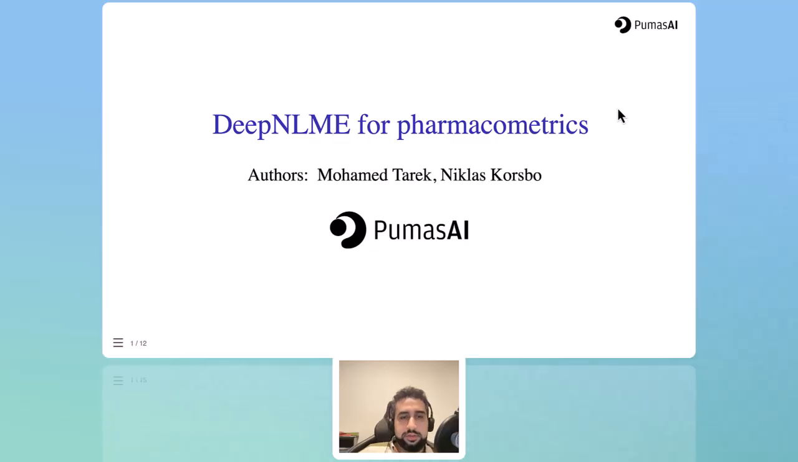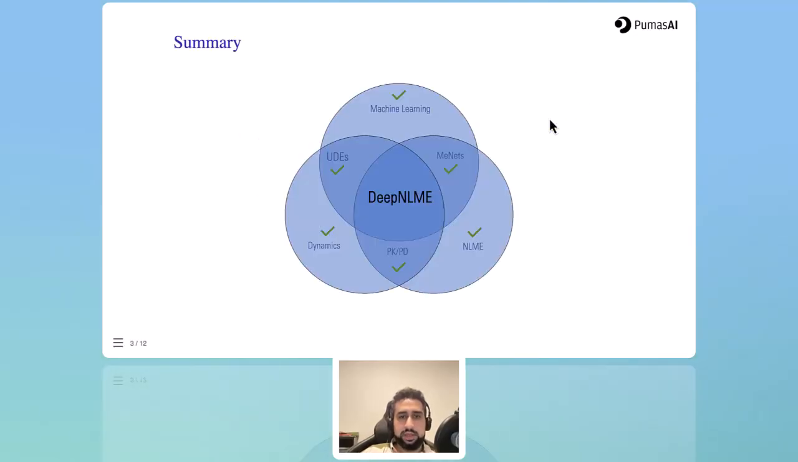Okay, moving on. So in this video, we will talk about the concept of deep nonlinear mixed effects models, what that entails exactly, which types of models fall under this umbrella, and in particular, we are interested in applications of this for pharmacometrics. So we've seen this Venn diagram a couple of times before, and we've discussed basically most of the corners of this. And what's left is really this intersection of many of these topics, which is what we